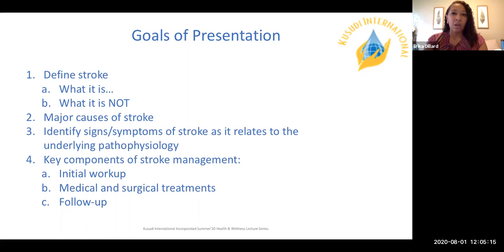And so we want as a patient to be able to understand what your initial workup is going to be when you have a stroke, and to understand what the possibilities in terms of treatments are, whether they're medical treatments, meaning medical in the form of pills or medications, or if you actually need a surgical treatment for stroke. Over the past couple of decades, stroke has become more of a disease that can be surgically managed, as we'll talk about a little bit. And in addition to these two points, we want everyone to be aware of what your follow-up will be after you have a stroke, which is just as important in terms of outcomes.